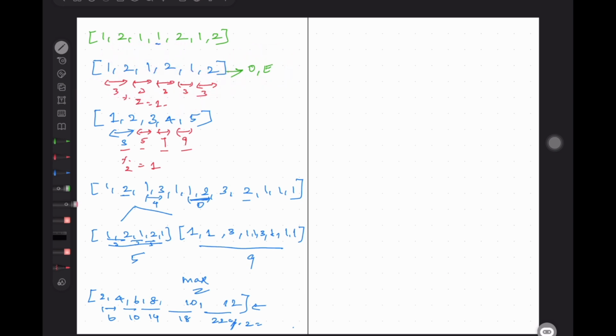Odd plus even obviously will give us odd, so the parity, the mod, will be 1. Even plus even will give you even, which means the mod will be 0.